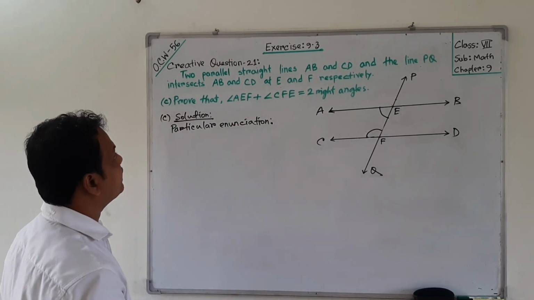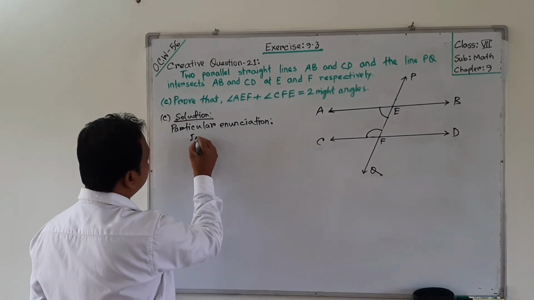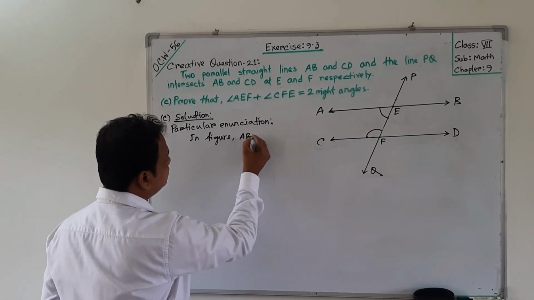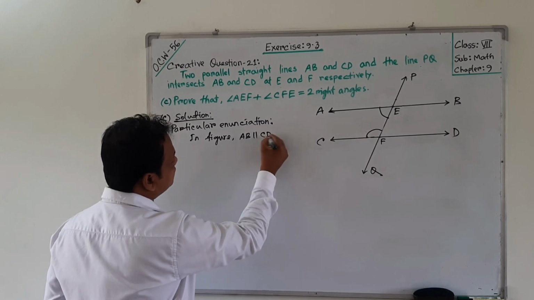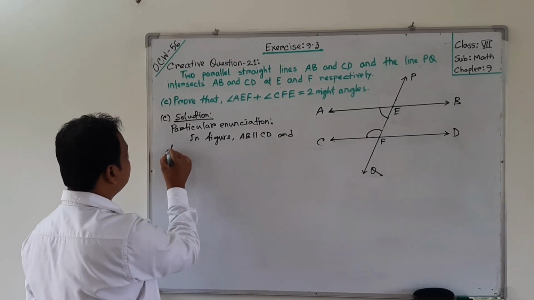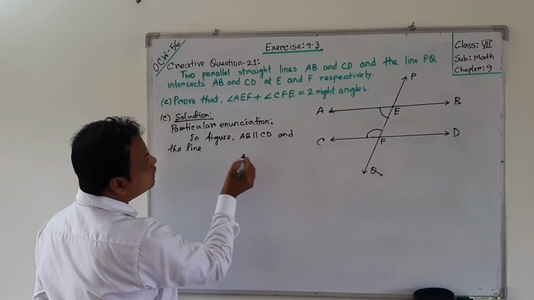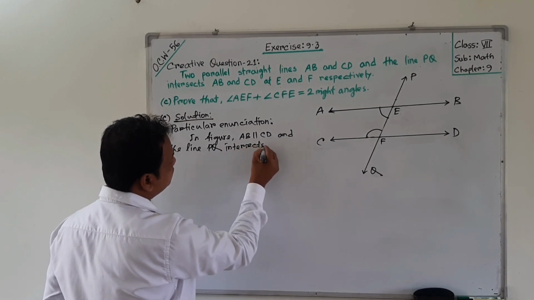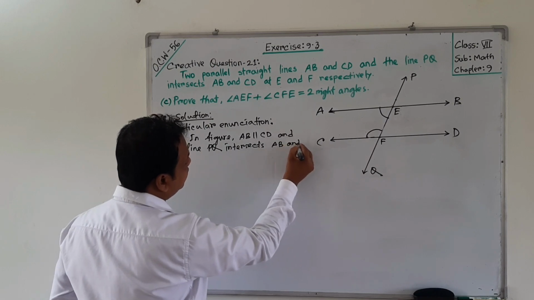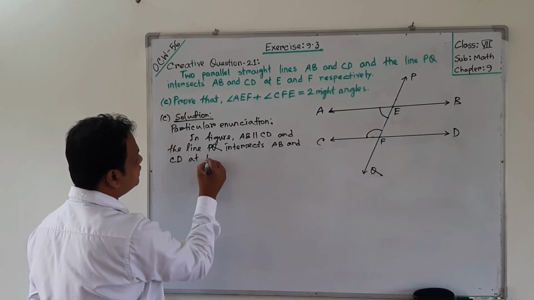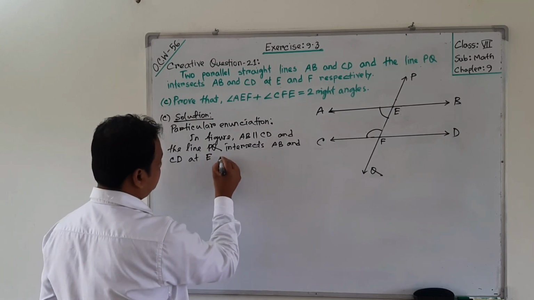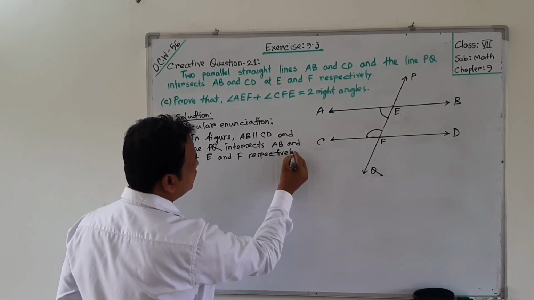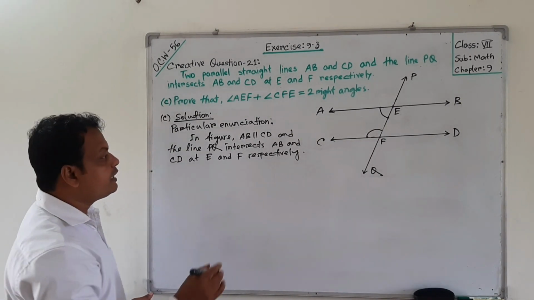Particular enunciation: we write from the figure and statement. In the figure, AB is parallel to CD, and the line PQ intersects AB and CD at E and F respectively. It is required to prove that